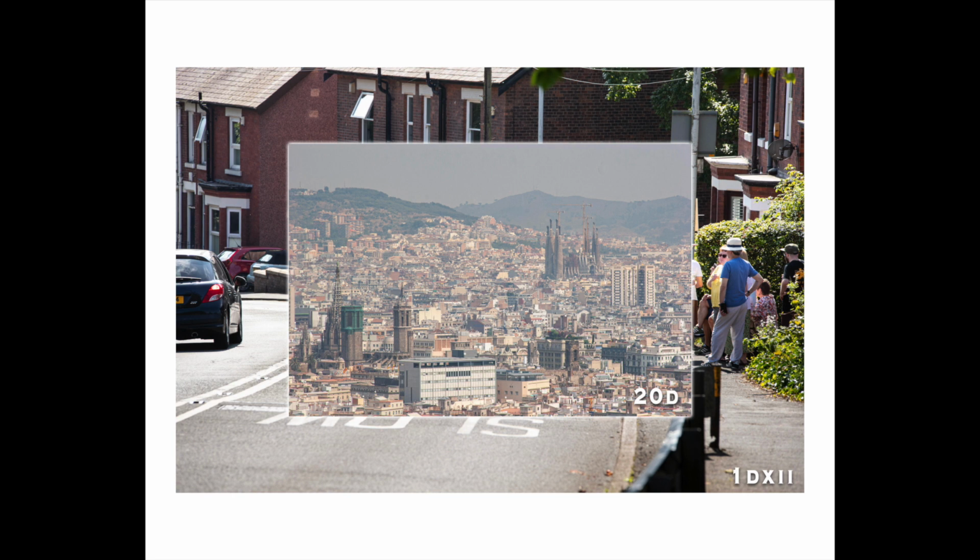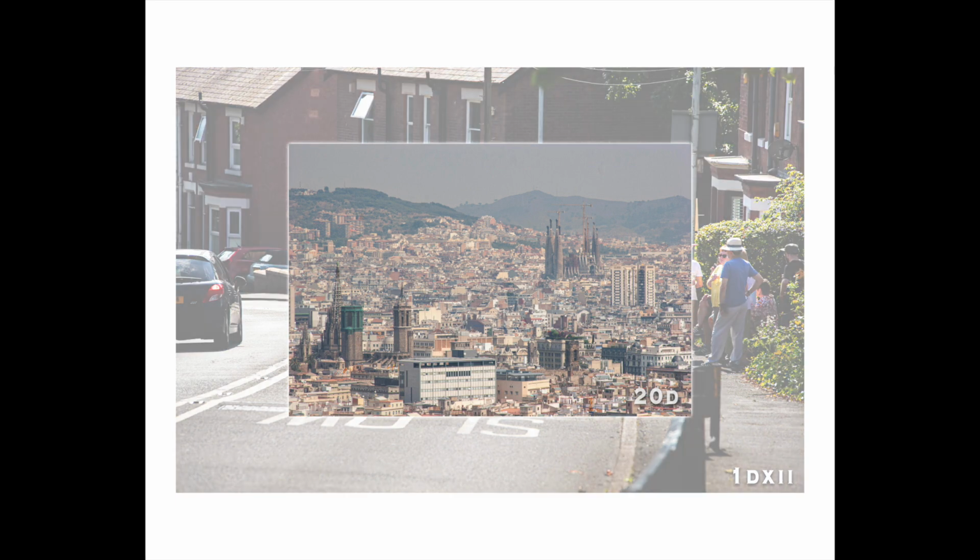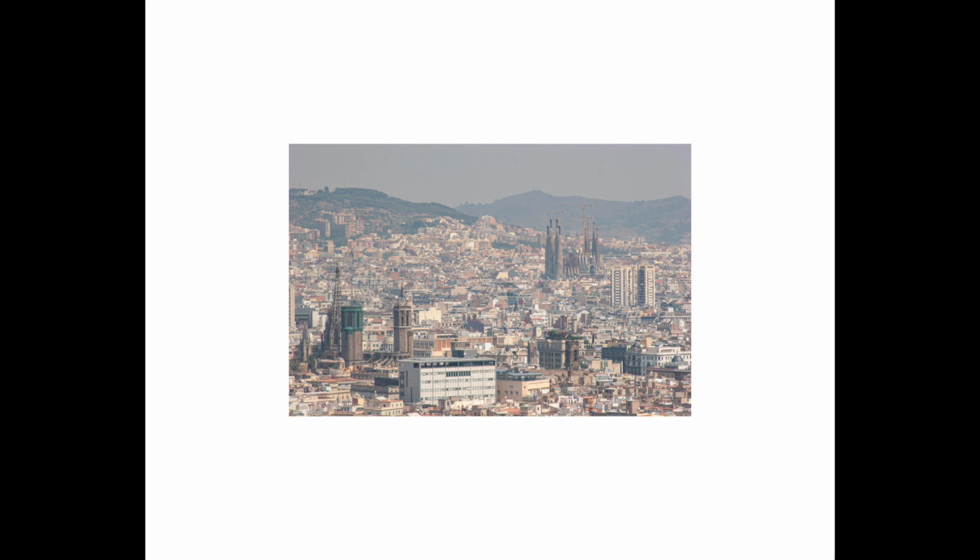If we go back to that image of the two frames put together, the white frame around them is the equivalent of a 20 by 16 frame, which is pretty much the maximum size you would get for a print, a photographic print in a gallery, I think. So you can see that the 20D image might look small at that size,